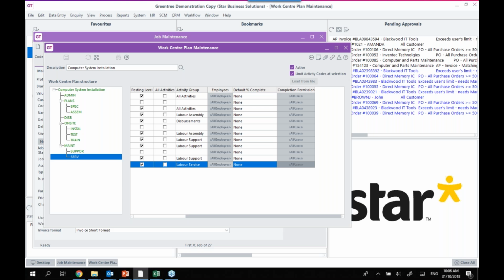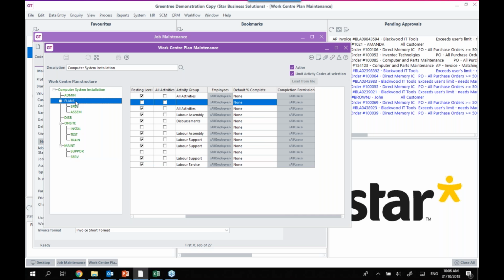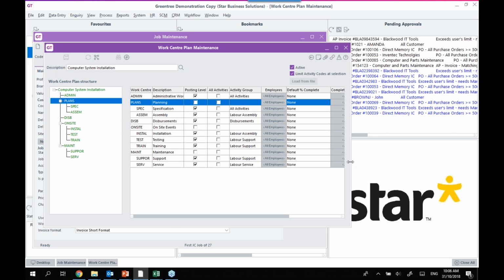So the idea behind the work centre plan is I can see my structure on the left-hand side. So for those that are familiar with Greentree trees, it's similar in concept. Okay, you set it all up within here. You don't have to go off to the tree maintenance to do this, but just as a bit of an idea, this is, as I said, similar in concept. So you'll see on the left-hand side, I've got a work centre called planning. Now, if I make this screen a little bigger,